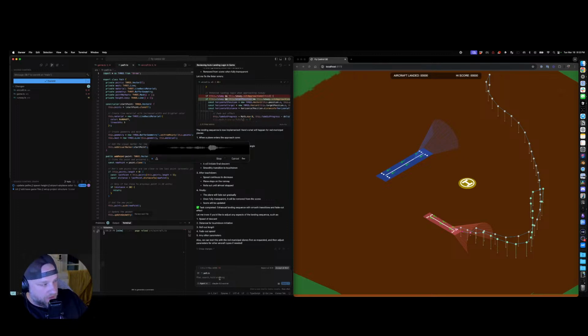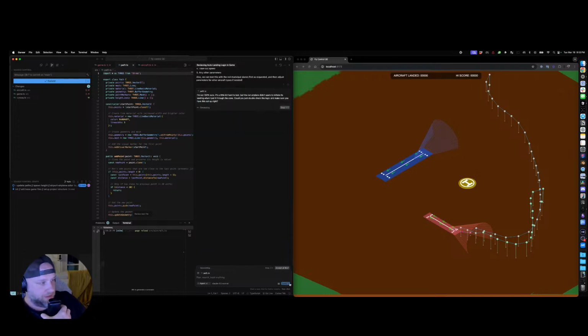I'm not 100% sure. It's a little bit hard to test, but the red airplane didn't seem to initiate its landing when I put it through the cone. Could you just double check the logic and make sure you have this set up right? This is a big ask, right? This is a huge thing. If we can actually get a plane to land,